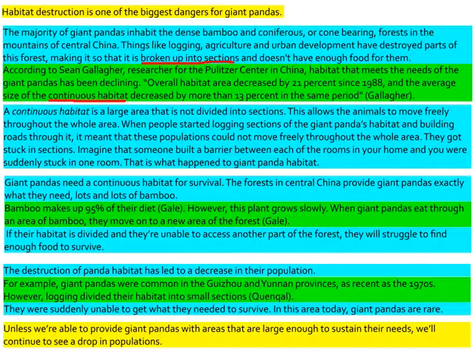Bamboo makes up 95% of their diet. However, this plant grows slowly. When giant pandas eat through an area of bamboo, they move on to a new area in the forest. If their habitat is divided and they're unable to access another part of the forest, they will struggle to find enough food to survive. So I have added multiple sections of elaboration and a piece of evidence just by asking myself the question,